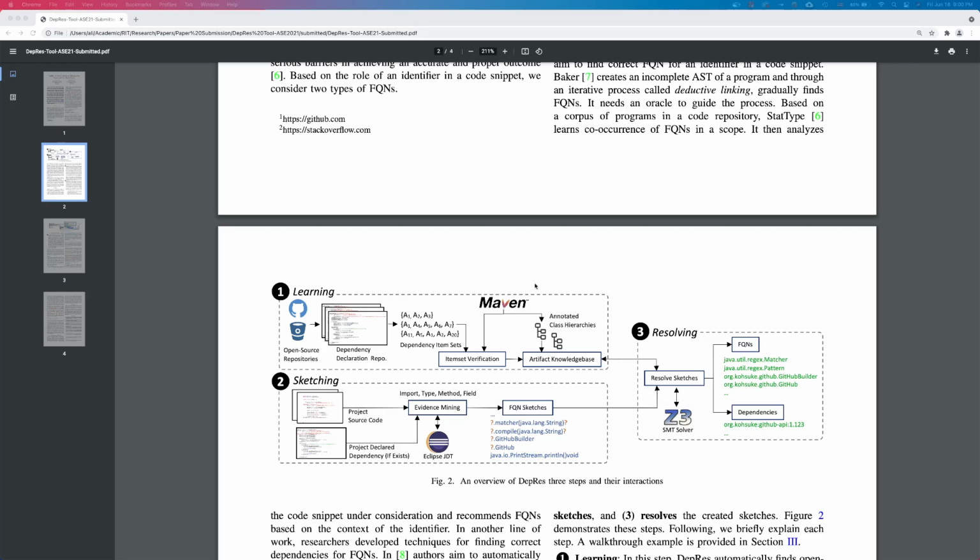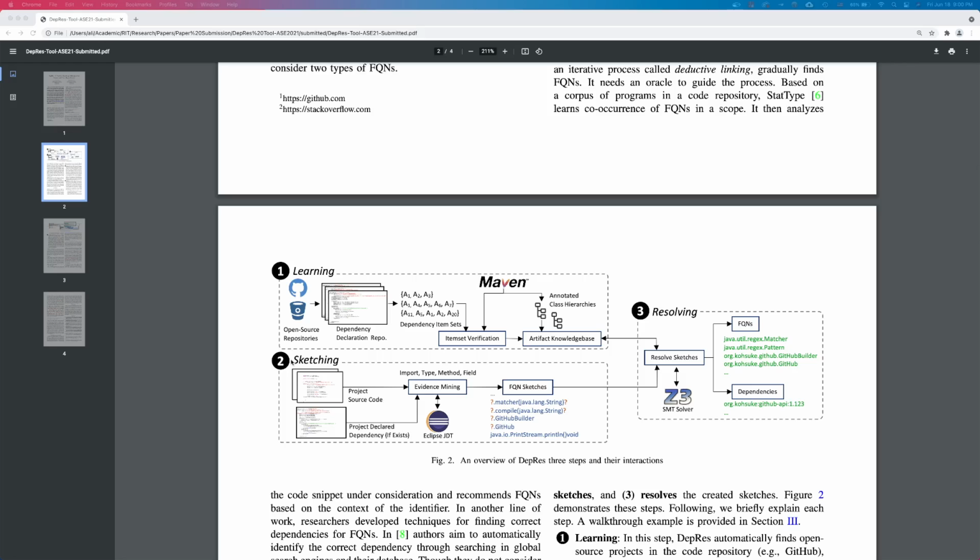Also, it uses the information gathered from the Maven repository to verify the correctness of these mined item sets. And moreover, it creates annotated class hierarchies of all the classes, methods, and fields inside each of these jar files gathered from Maven. In the next step, DepRes